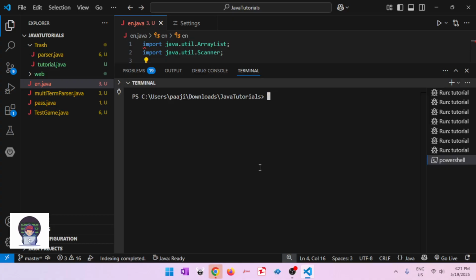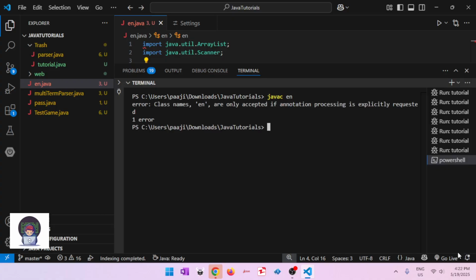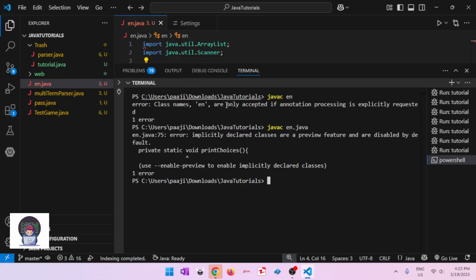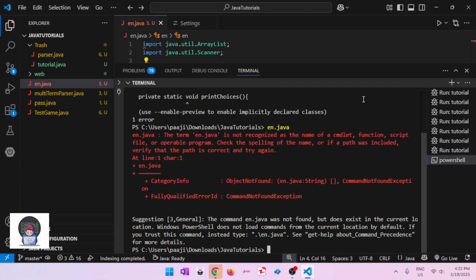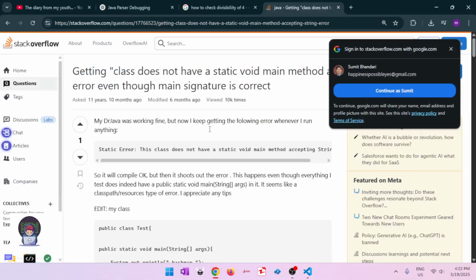Not CD. Yeah. Javac En dot java. What is this? Okay, wait. Javac En dot java, to enable implicitly... en dot java. Okay, let's see here.